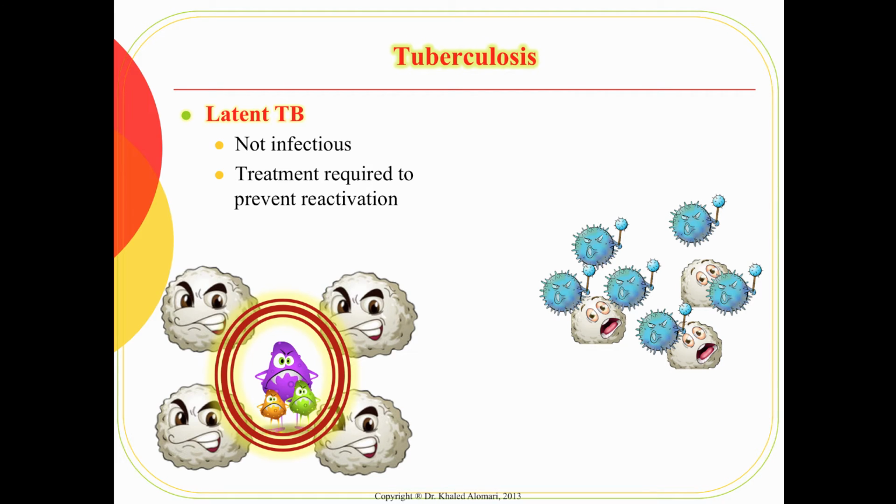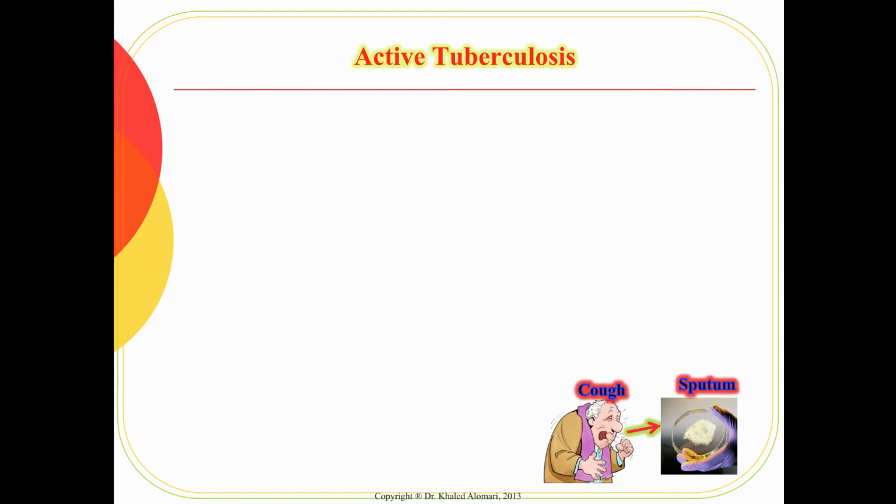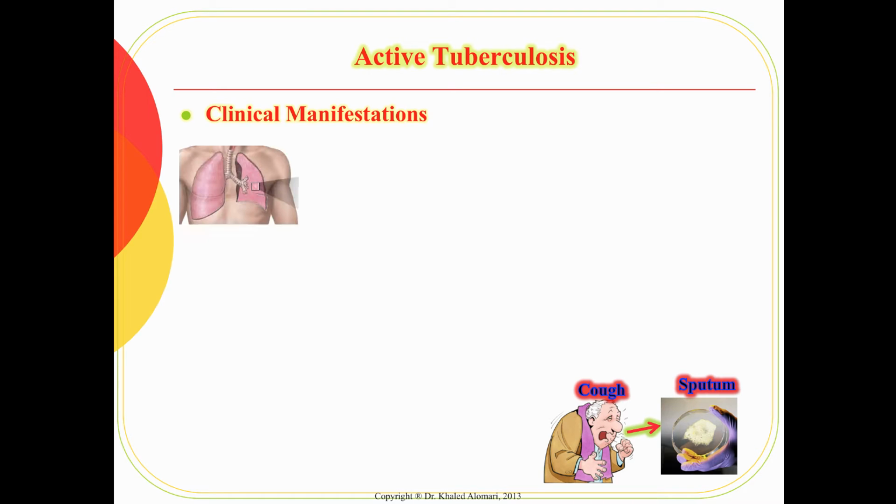With HIV, for example, immunity is low. These bacteria will be activated now. There's no longer enough immunity to engulf them, and then the patient will show active symptoms of TB. Now, this active TB is infectious, and the treatment is required now to treat the infection, not only to prevent the reactivation. Now, as far as the clinical manifestations,